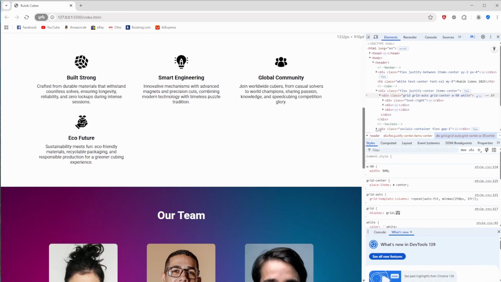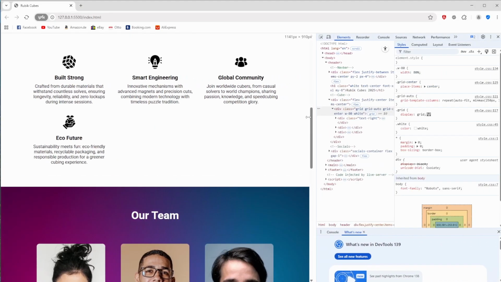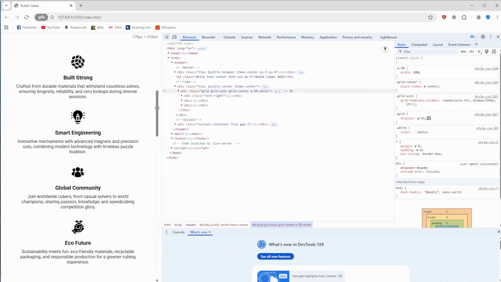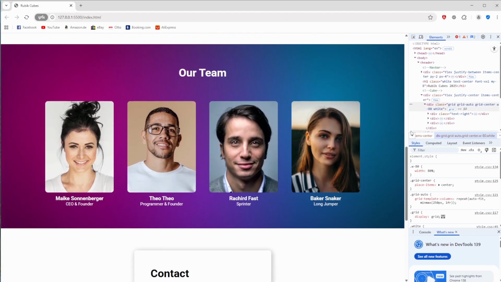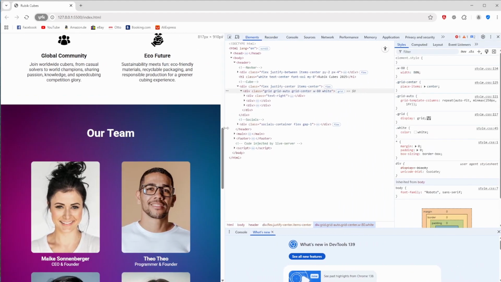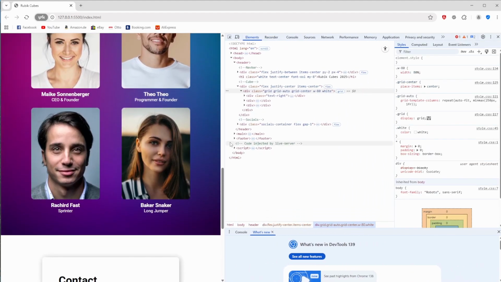It sticks together, and in my opinion, it looks good on pretty much every single device, and you can definitely tell what belongs to which section. So next up, our team looks pretty good in my opinion already, so there's not really much we have to